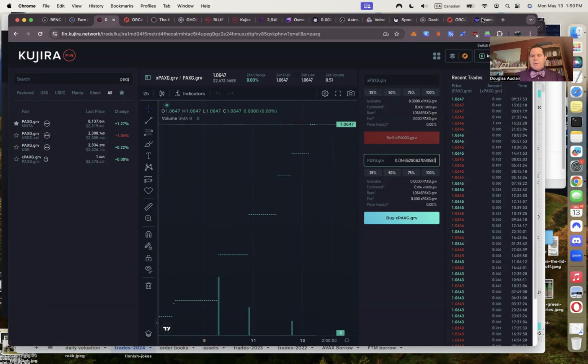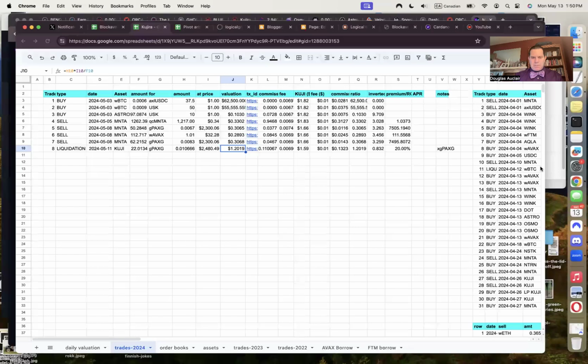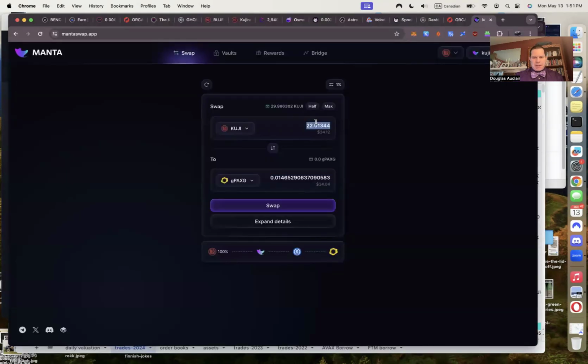So I go over to the Manta DAO, and I take the amount of Kuji that I claimed, which after commission is this much, 21.9. And I place a bid for gold, and it says I'm going to get back 1.45,